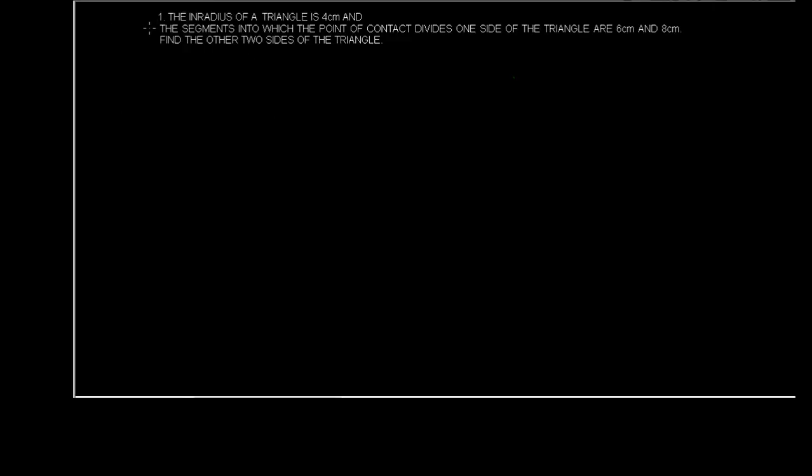This first question, okay? The inner radius of a triangle is 4 centimeters and the segments into which the point of contact divides one side of the triangle are 6 centimeters and 8 centimeters. Find the other two sides of the triangle. So first of all, let us try to draw a figure of this question. So they are saying that there is a triangle. So suppose let me draw a triangle,